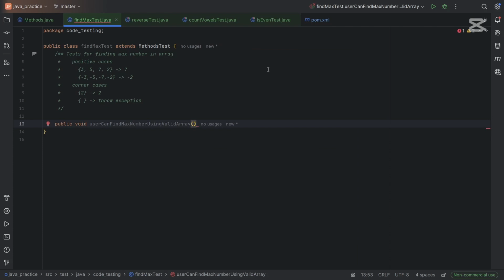So we need to have an array as a parameter. This method will be a parameterized test. So we'll put the initial value as of type integer array, and the result of course will be integer because we're finding the maximum number, so it will be integer